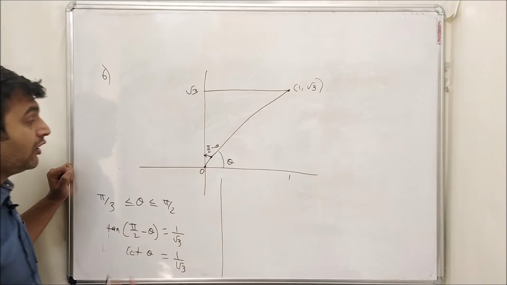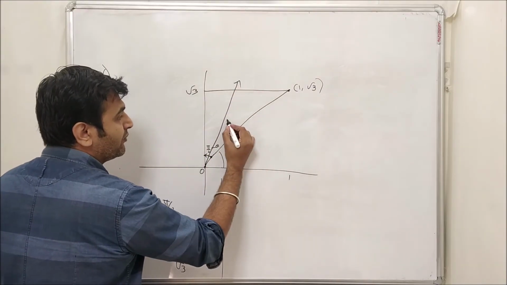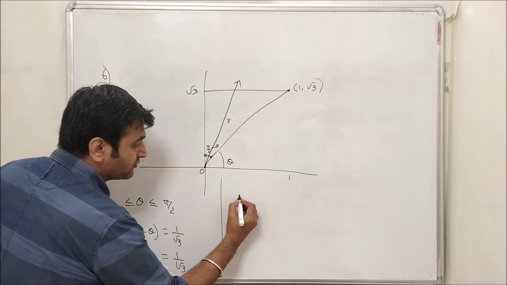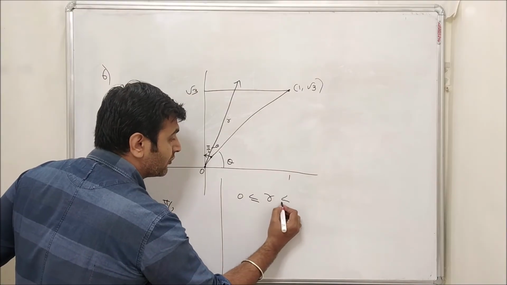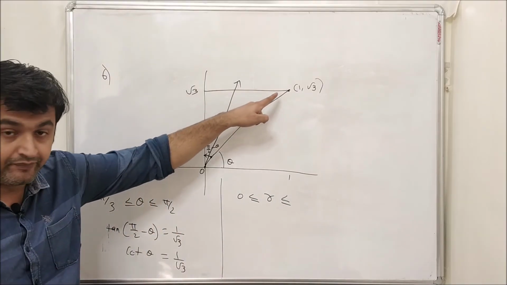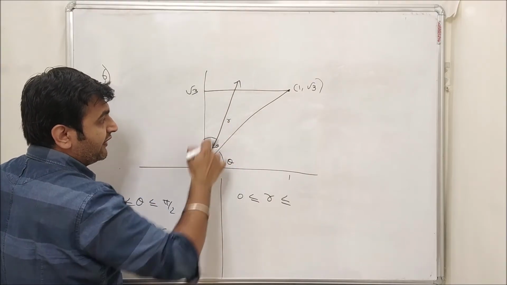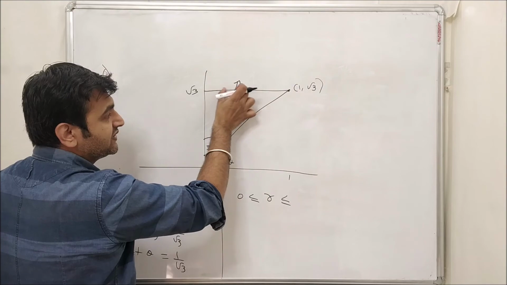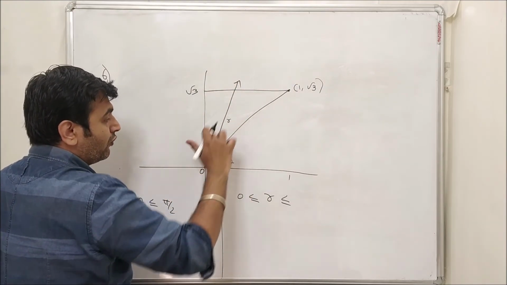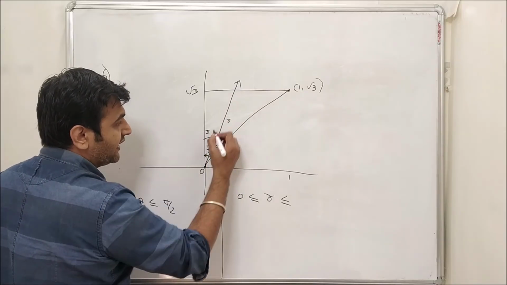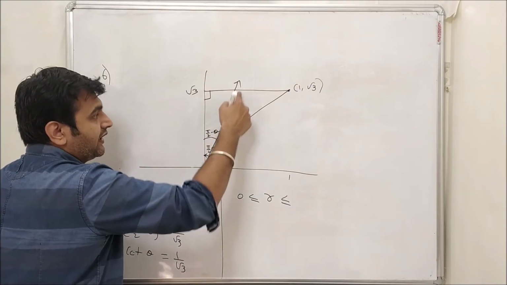Now let's go for r. Again for r, you draw these radial lines. Let me call this r. Now we are starting from 0, and the origin is in the domain, so r is starting from 0, and it is leaving from this line. Now if this is my pi by 2 minus theta, again if I draw different radial lines, my opposite sides are changing, whereas my adjacent side is fixed. So if this is r, this is pi by 2 minus theta, this is 90 degree. I know adjacent, I know hypotenuse.